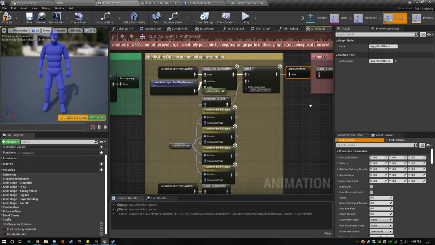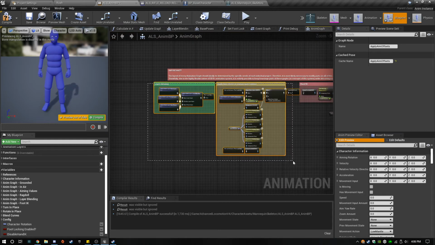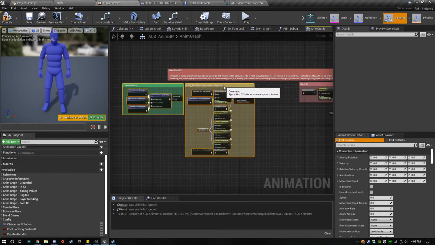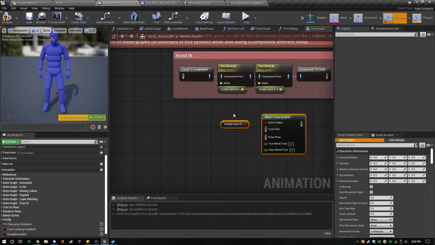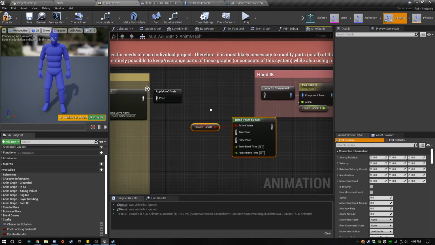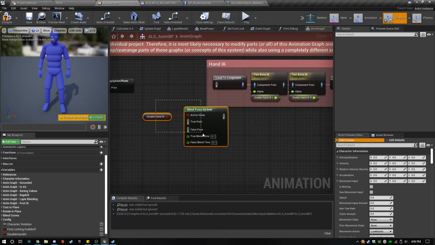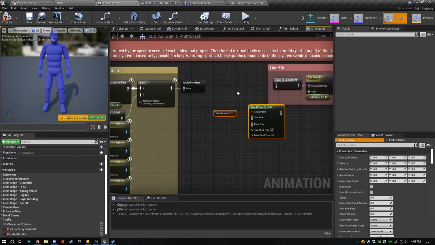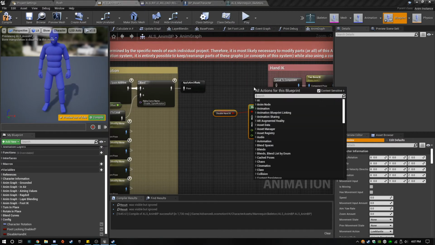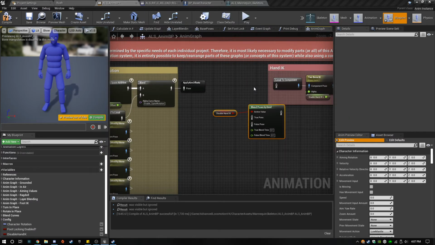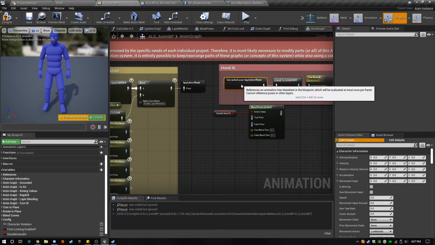That. Let's give us a little bit more room here. We're going to plug that back into here to re-replicate the hand IK, just like that.